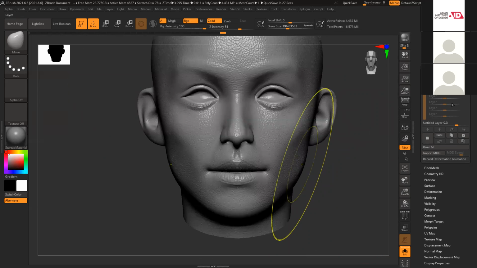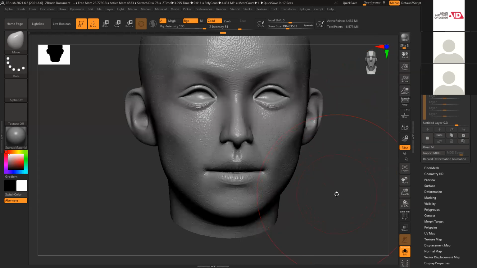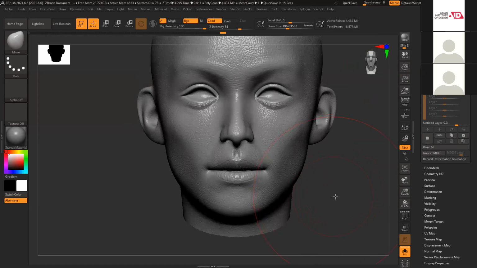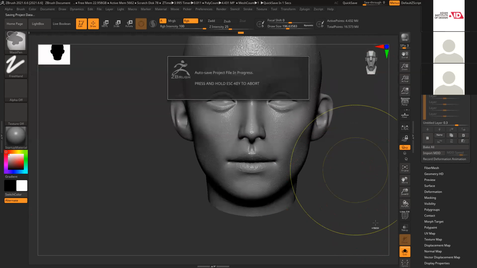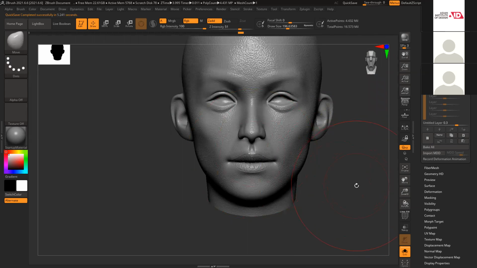And still I have 0.3. If I want, I can increase to 0.5, 0.567, or I can duplicate the layer and enhance it very easily. Okay, now I can see all the bumps are soft, not very crisp. Here you can see it's a little soft, crispy. Here I have little bumpy skin. Okay, this is fine. I'm going to follow exactly the same technique for my hands, legs, body.